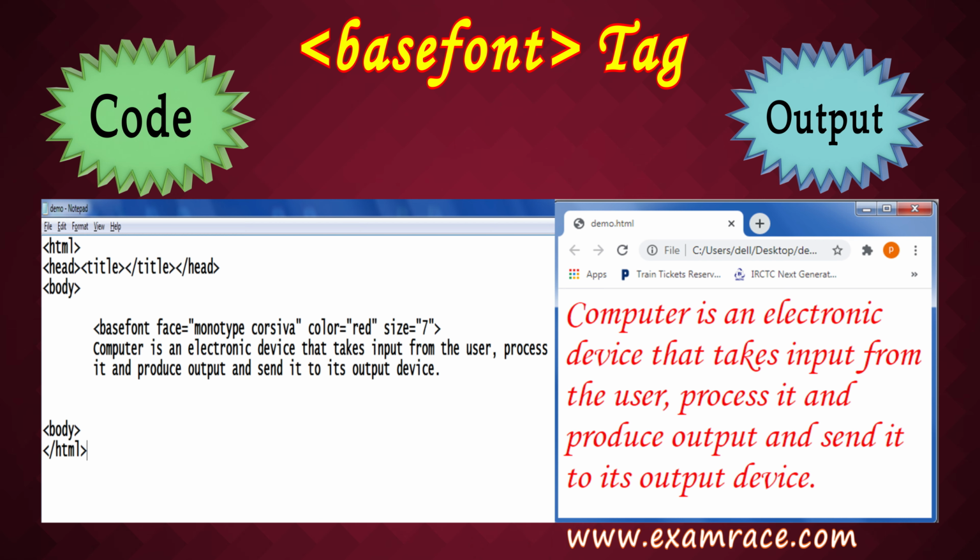But the attribute values must be in double quotes. That is mandatory. This is a singular tag. We can easily see that we do not have any closing tag for the base font. So this is how we use the base font.